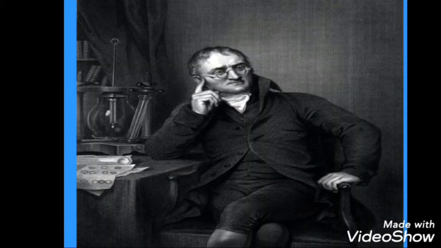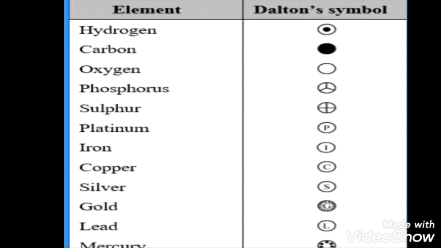John Dalton, although a school teacher, is best known for his pioneering theory of atomism. He also proposed his model of an atom. His symbols were not the ones we use today, because circles containing distinct symbols were not easy to remember. Hence, Berzelius proposed chemical symbols based on Latin names of the elements. He devised a system using letters of the alphabet rather than signs. The one we are using now is a modified version of Berzelius's.